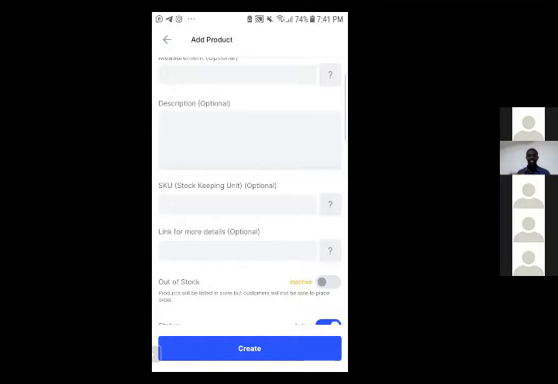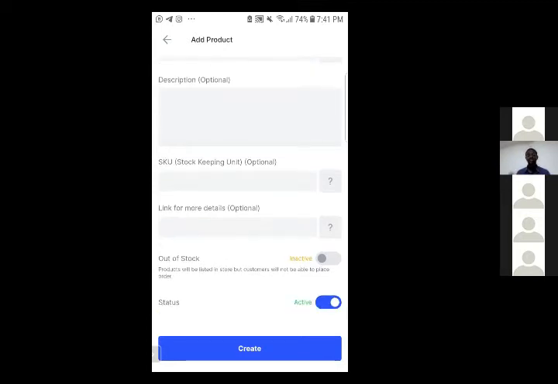Every product has a stock keeping unit, right? We use it to track products. If that doesn't apply to your business, don't worry too much about it. If you have a link for people to get more details, you can put that in here. But then I'm assuming that once someone has seen your product online somewhere else and they've clicked to come to